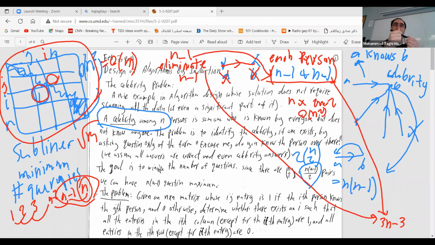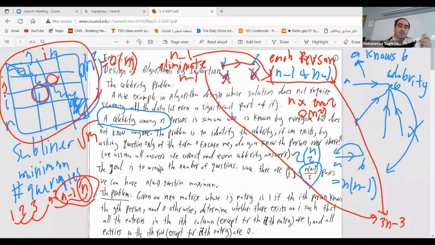Is there a way to format these sort of eliminations such that each person gets asked roughly the same? The winner gets asked the most questions. Not clear, because you might be in bad luck, and the last person essentially is the one. Pair them up and then branch out a binary tree. Good. So yeah, that's essentially the idea.